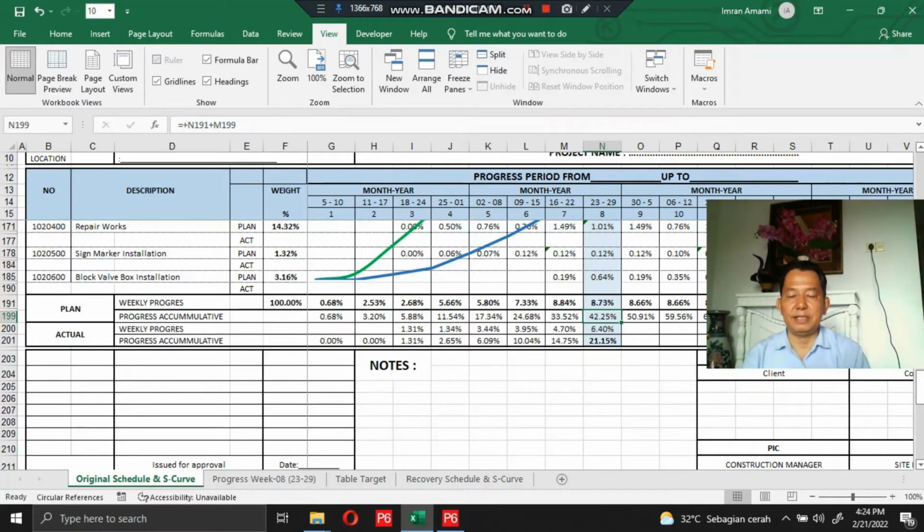There has been an accumulative delay of progress of 50%, or actual progress of 21.15% of the planned progress of 42.25%. The blue color, as shown in the section, is the initial part that we start to propose as a recovery